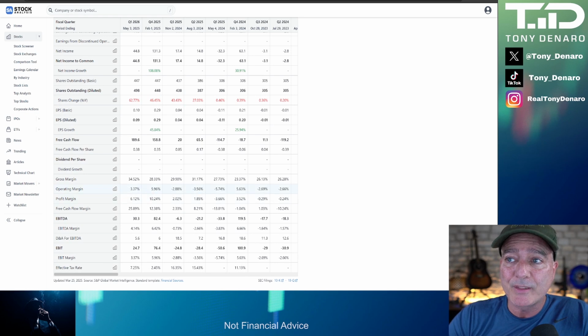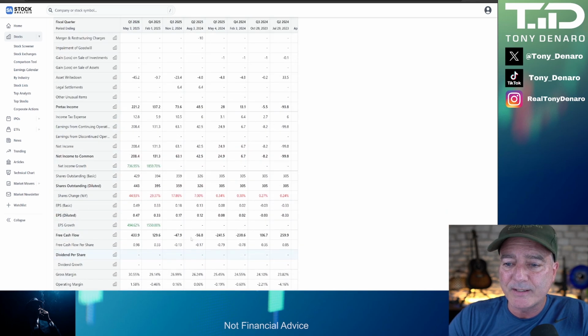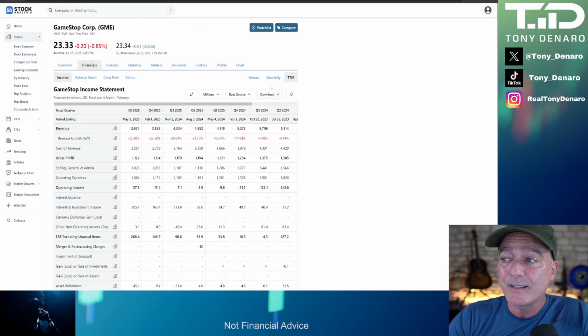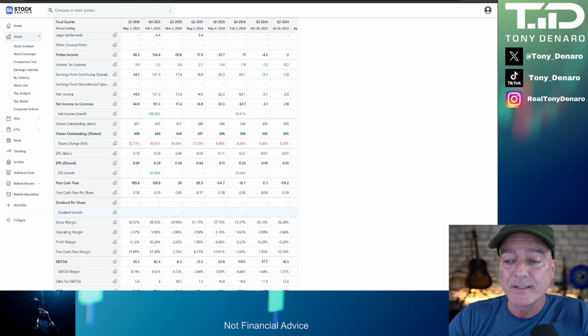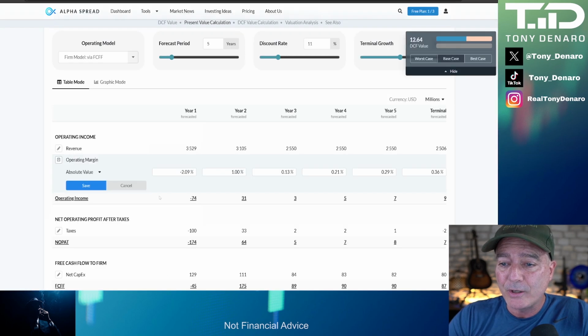We got 3.37 in the most recent quarter, 5.96 in the quarter before that, and on trailing 12 months operating margin, we have 1.58. I'm going to go with the most optimistic of these 3 numbers, and some of y'all might not like that if you're very bearish on GameStop. If you're very bullish on GameStop, you might want to go even higher, but let's go with 5.96% for this year on the operating margin